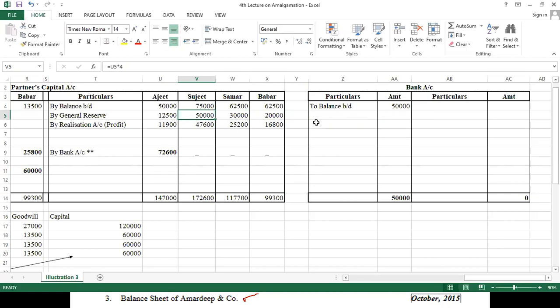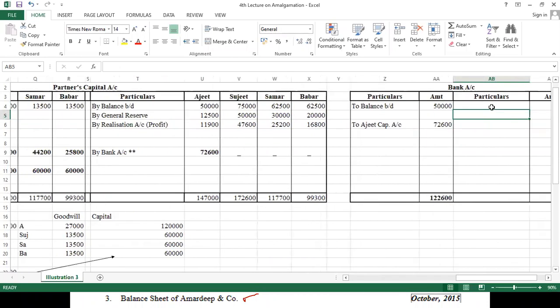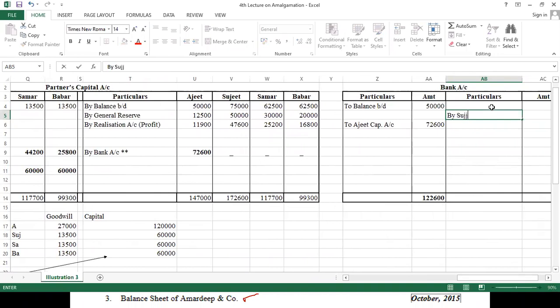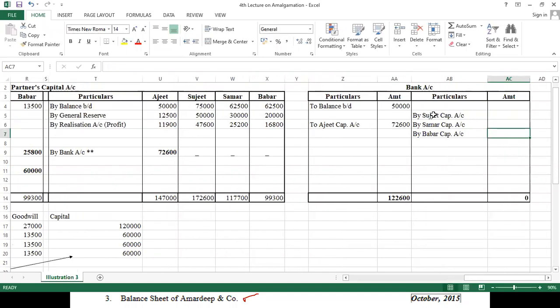First of all, this side अजीत की बात करें, अजीत से पैसा हमको आया है, so here we will going to write to अजीत कैपिटल अकाउंट। कितना पैसा है बेटा? 72,600, ठीक है। Whereas बाकी जो 3 पार्टनर है उनको हमने पैसा देना है, ठीक है। कौन कौन से पार्टनर है देखो जी बेटा, यहाँ पे हम लिखते हैं by सुजीत कैपिटल अकाउंट, then we have by समर कैपिटल अकाउंट and by बाबर कैपिटल अकाउंट, ठीक है।